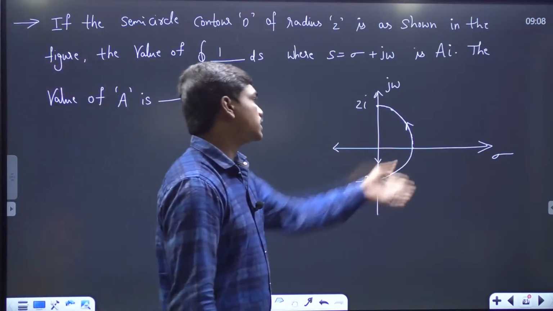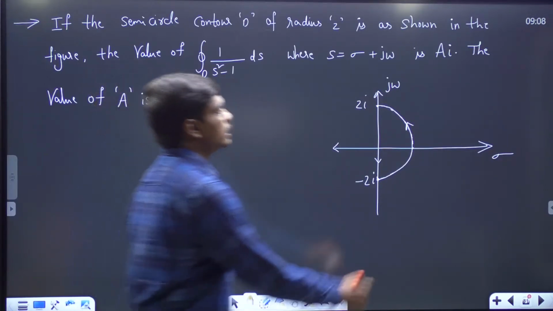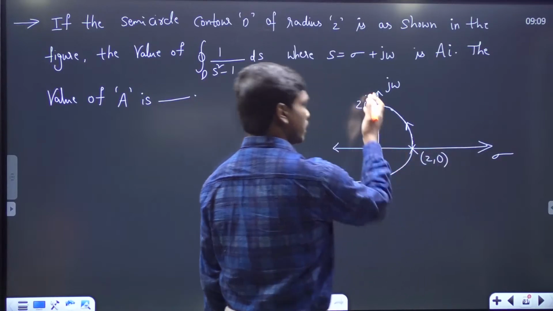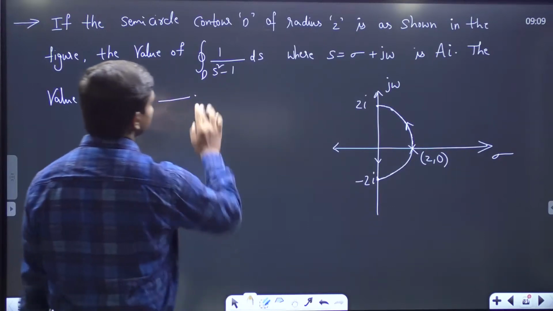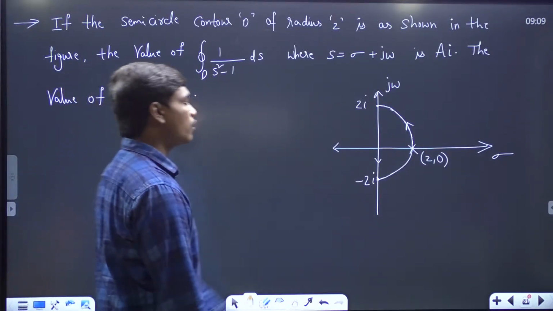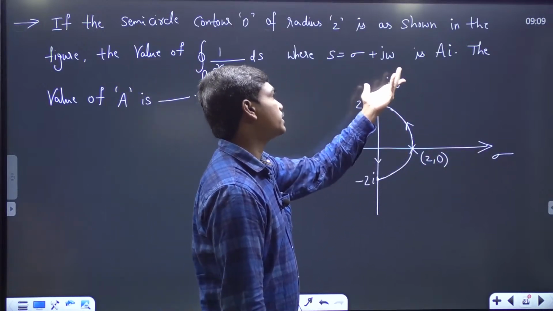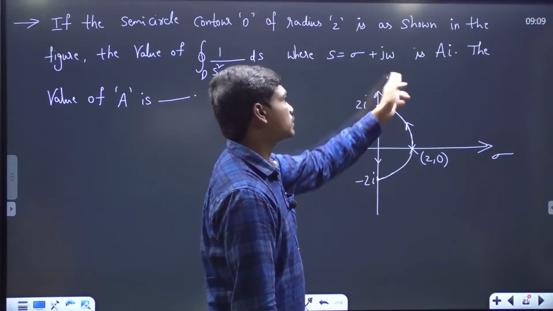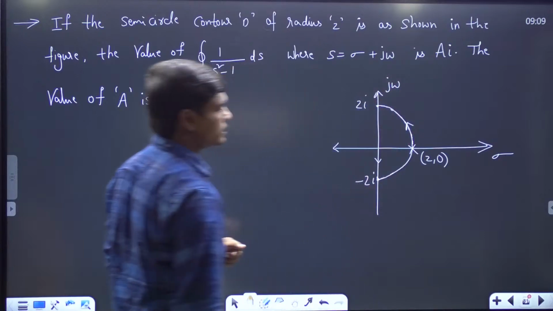Semicircle contour. Contour is generally some curve that is present here. D of radius 2. Given this radius is 2, so if this is the center, this point is 2, 0, and it's given 2i and minus 2i, as shown in the figure. The value of integral over D of 1 by s square minus 1 ds, where s is sigma plus j omega. This is the sigma axis and this is the j omega axis, basically the imaginary part that we are plotting for this complex number s is equal to sigma plus i omega. The value of a is,